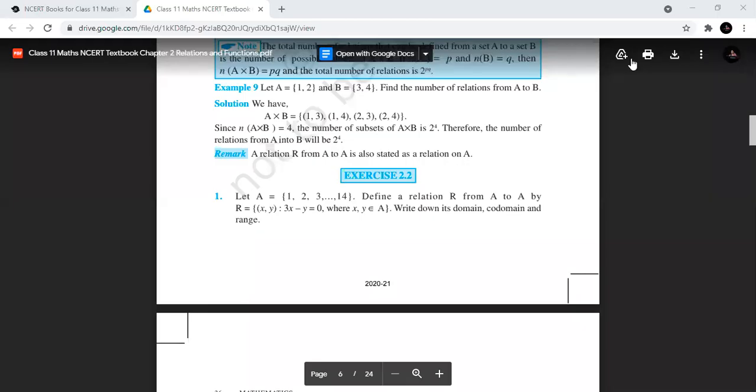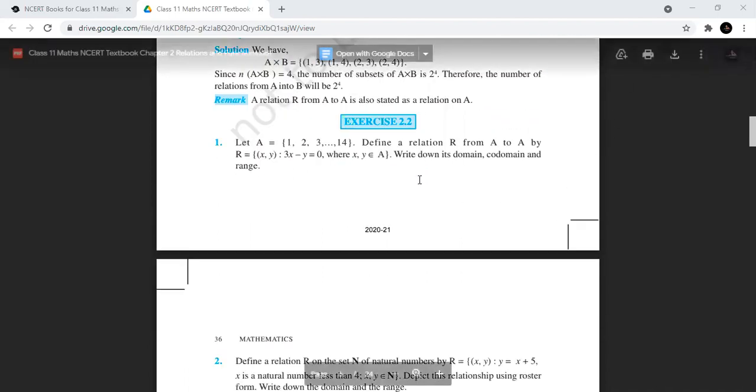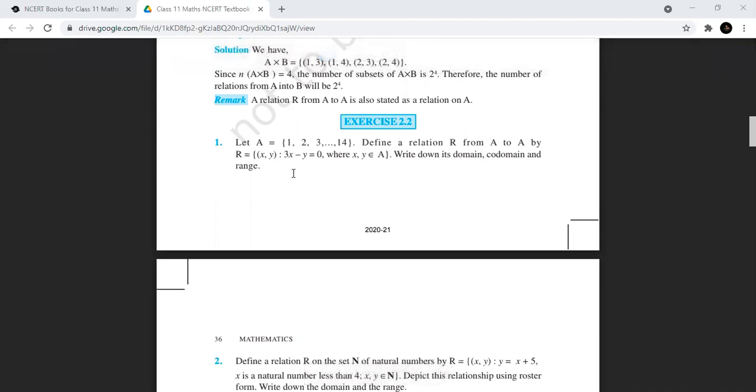Okay, children, now exercise 2.2. I'll give you oral hints for all these questions. They are simple questions. Then you put them in writing, try them. And still, if you have problems, then you let me know. Then I might send you the written solution for them as well. Okay. So you see to it first. I think they are very simple questions. The oral hints will do it for you.